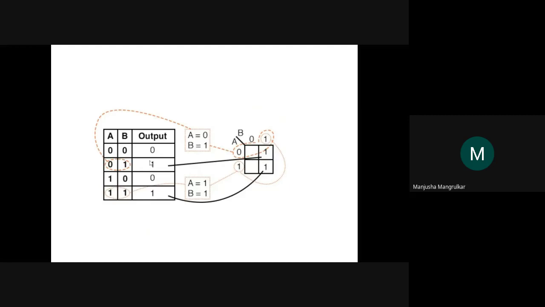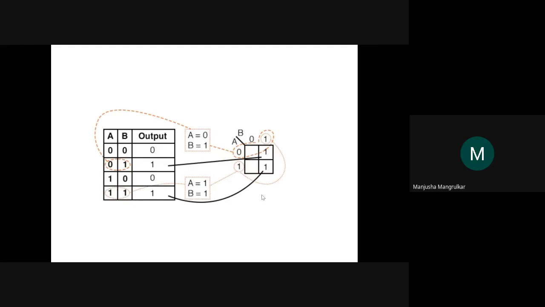But instead of that, if we put it into the K-map columns, see this condition: A is equal to 0, B is equal to 1, we put 1 here. Then the next is A equal to 1, B equal to 1, we put 1 here, right? Then we make the group. What is changing? A is changing, but B is constant. So the output of this Boolean expression is only B.